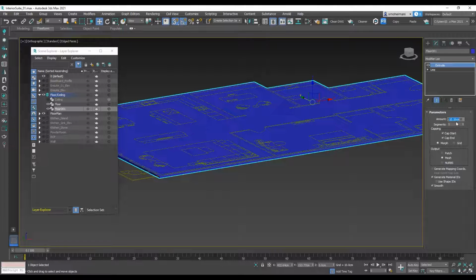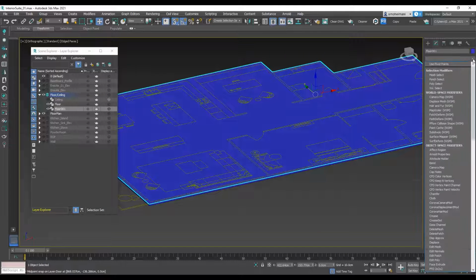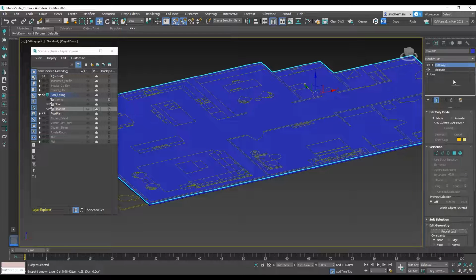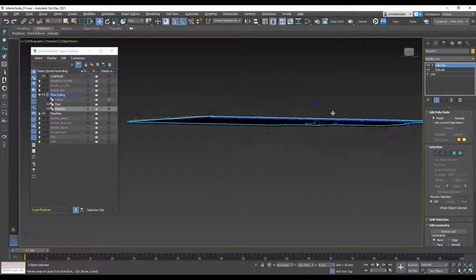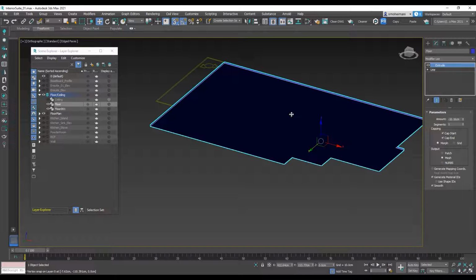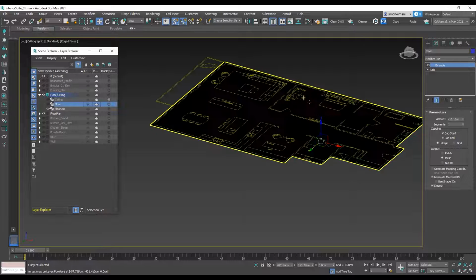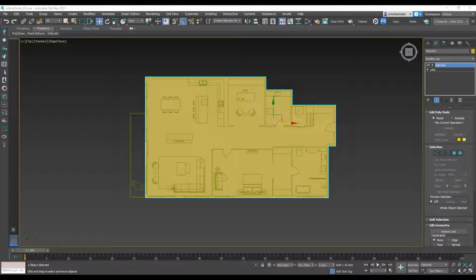Make the amount like the thickness 0, and in modifier panel I'm gonna add edit poly on that, and then change the color to something different. And for now I'm gonna turn off the floors and just keep this copy to make the floor. And I'm gonna go to the modifier panel,